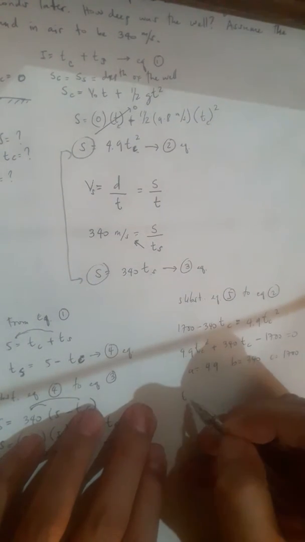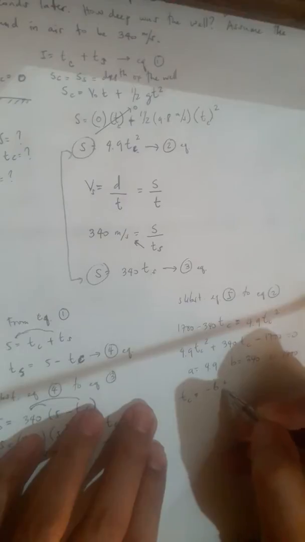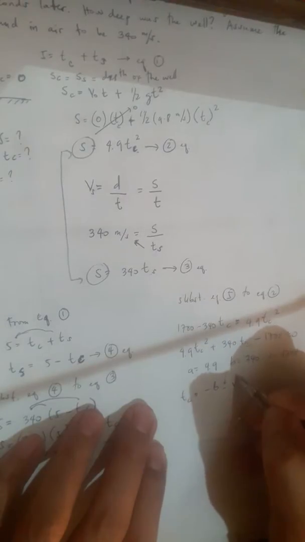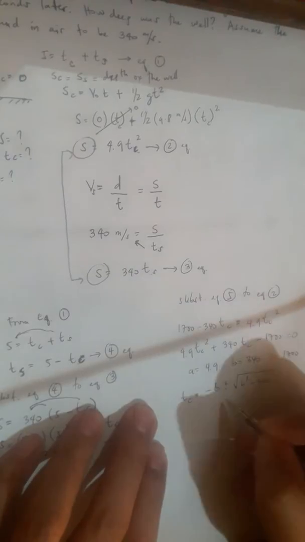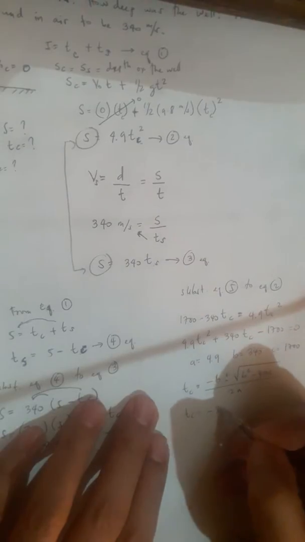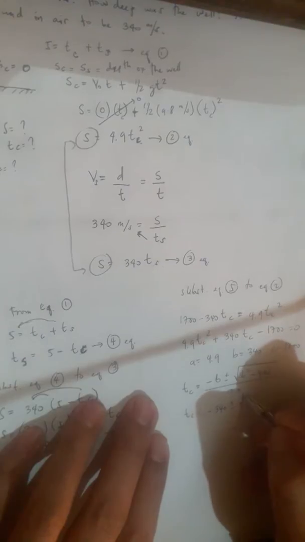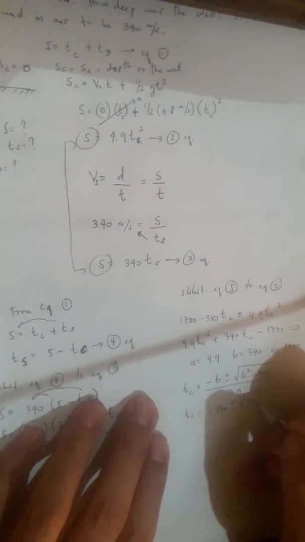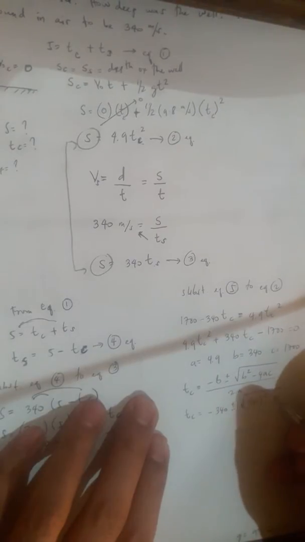So TC in our quadratic formula is negative B plus or minus square root of B squared minus 4AC all over 2A. TC equals negative B 340 plus or minus the square root of 340 squared minus 4 times A,